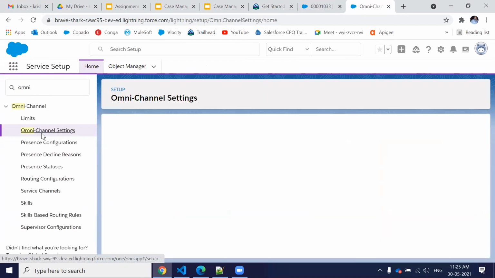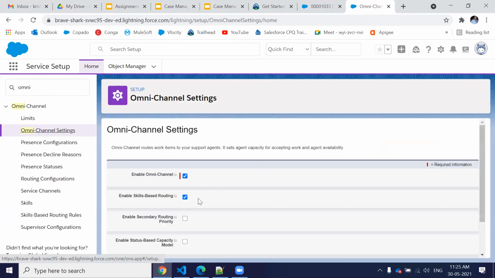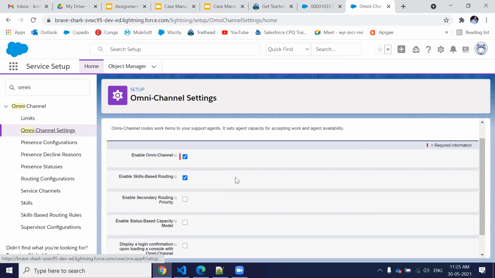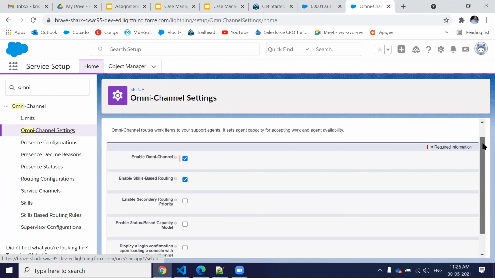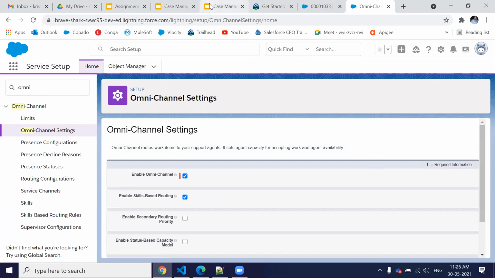I already enabled the skill-based routing. If you already enabled the Omni-Channel setting, then you should also enable this skill-based routing. Then your skill-based routing is going to work. So you have to enable this. So this is the first option.